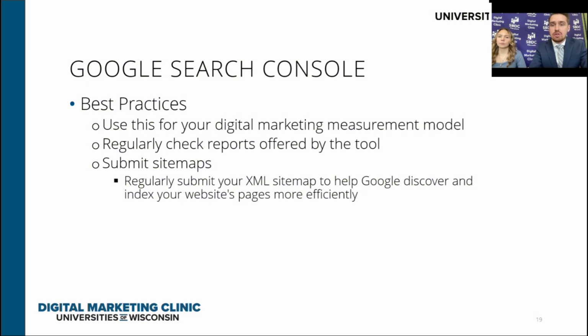Like we mentioned a little before, you can also apply this tool to your digital marketing measurement model. This is another tool that you should be checking regularly to keep that model updated. And if you're making major changes to your site SEO, you should also utilize and submit sitemaps, because this will tell Google how your site is structured. Sitemaps will provide that structure, and your site acts like a roadmap, so Google can accurately know where people can navigate to on it. Through this, you can specifically prioritize the pages that need frequent updates.